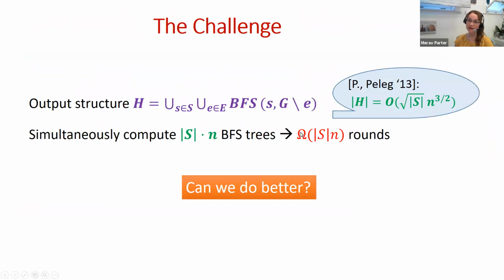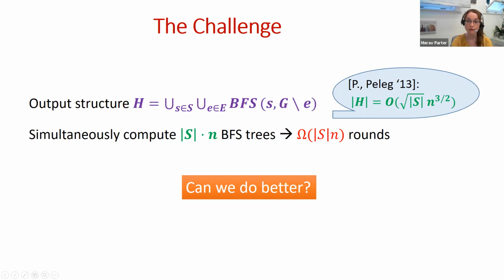The challenge, let's just think about the preserver task, a fault-tolerant preserver with respect to multiple sources. As we said, the output structure is a union of many BFS trees. It's a BFS tree of S in G minus e for every edge e that might fail. So in the work with David Peleg, we showed that if you just compute these BFS trees by breaking ties between shortest paths in an arbitrary manner, the size of this structure is actually small. Small in the sense that it's nearly optimal. It's the right bound. So the only question is how can we simultaneously compute this many BFS trees in a